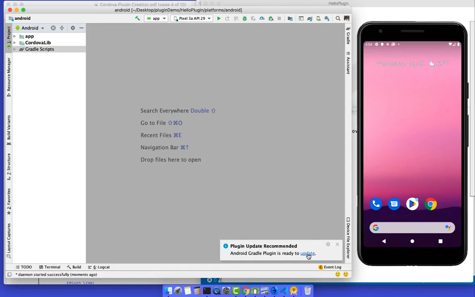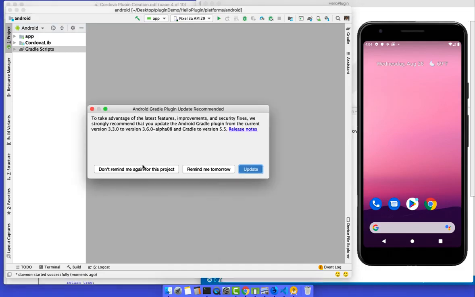In Android Studio they will ask to update that. You can update it. Here I can see the plugin update recommendation pop-up. In the Cordova application you have plugin 3.3.0, while 3.6 is already available, and the Gradle version 5.5 will also update. So just update it.